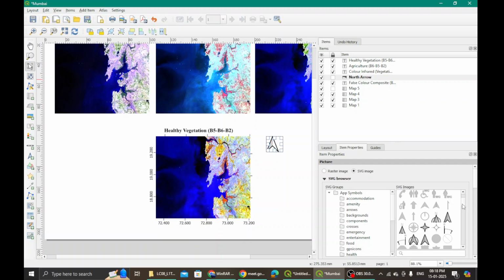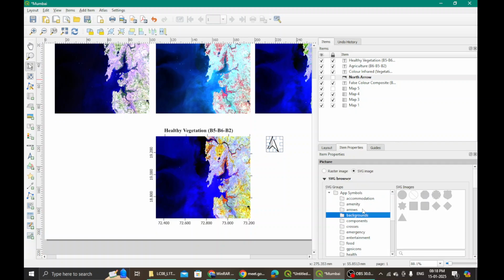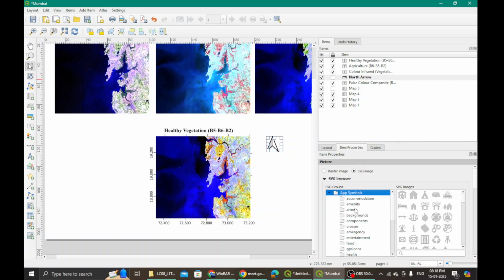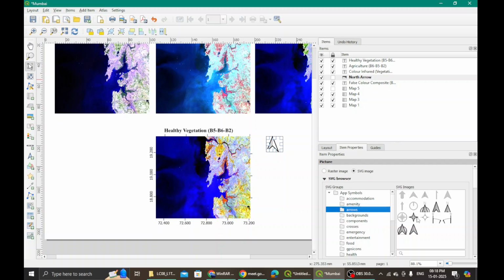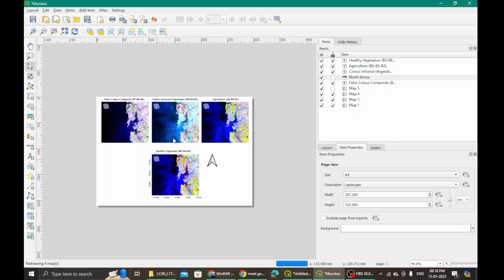Okay, let me change whichever arrow that you want. No, you can take. Add symbols. This way, I mean, it is arrows. Whatever that you want, you can add here. Okay, arrows. Yeah, why am I not getting it, okay. Let this be there for now. You can play around with it. Okay. So this is the north arrow.